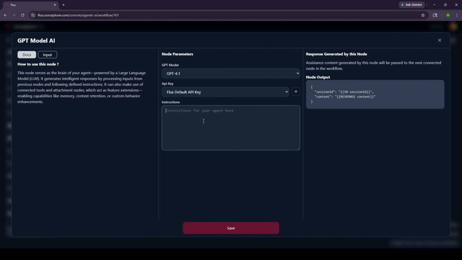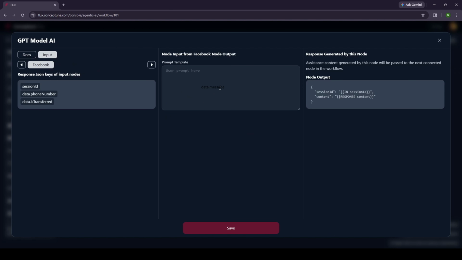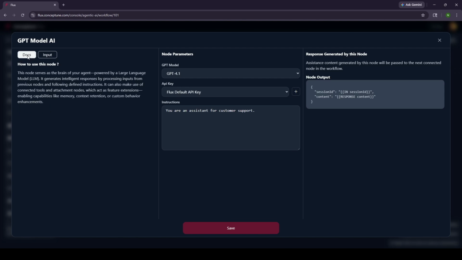Select the Flux default API key and provide some instructions accordingly for training the bot, like we are providing, you are an assistant for customer support. Now click on the Input tab at the top left corner and drag and drop the data.message field to the prompt template